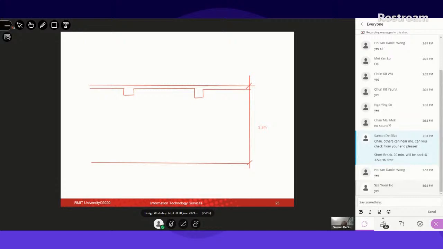So we'll use a blue color line. For argument's sake, our ceiling is normally like that. So this is the ceiling line. If you have 3.3 here, then depending on the beam depth, that will determine what this height is, isn't it? Usually, ideally, we would like to have the highest ceiling height. It makes your room look bigger,